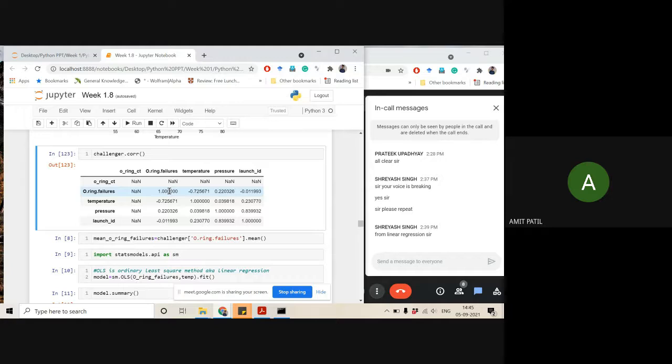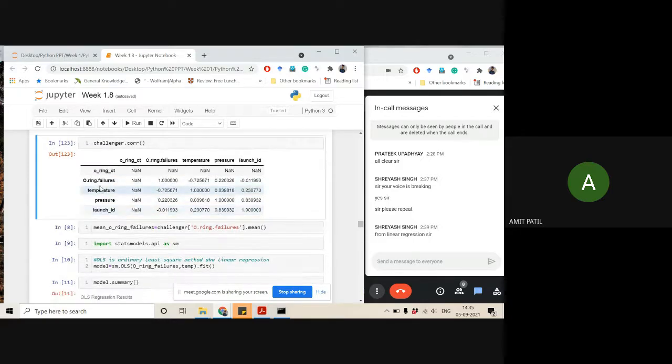So if two variables are inversely proportional, then those two variables will have a negative correlation value. The farther you are from the zero value, the stronger the relationship between those two variables, whether it is a positive value or a negative value. Okay, so